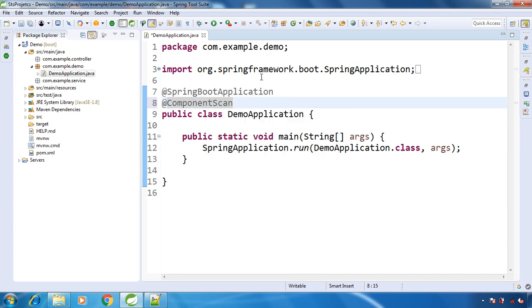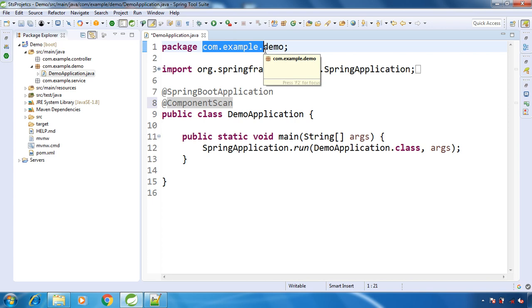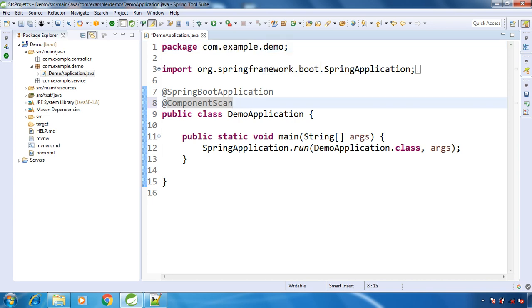If you want everything after com.example inside the component scan, you can use com.example followed by dot star. So whatever new package you create after com.example, controller, service or any other, will come in the component scan. Here we have provided dot star, so anything after com.example is covered.